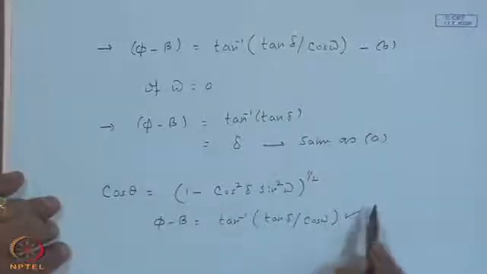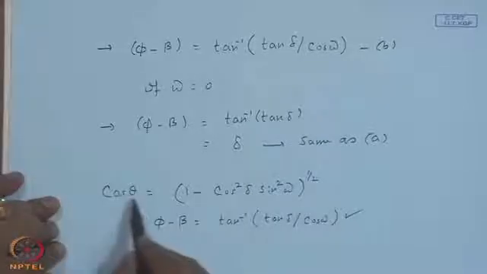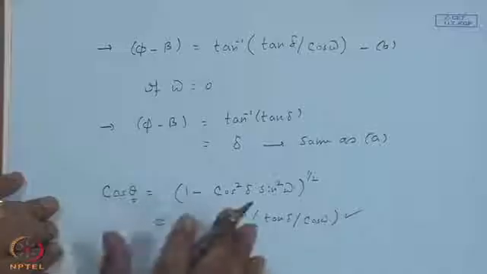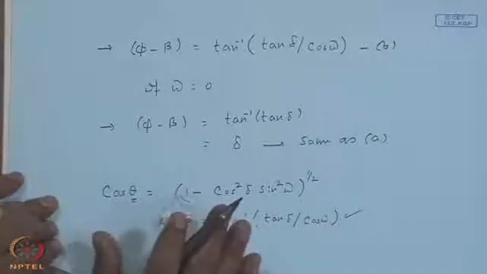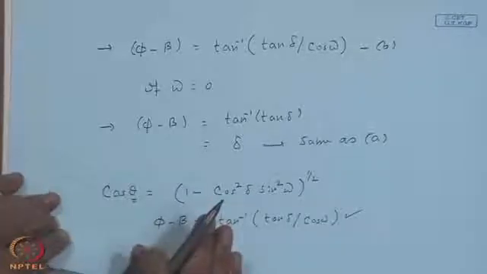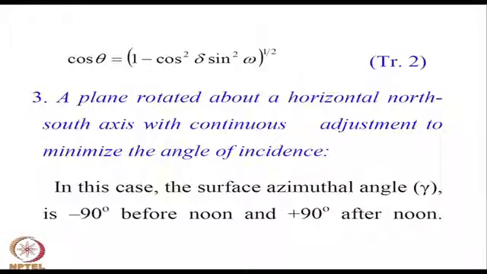will have the angle of incidence being minimum for this mode of tracking, where an aperture plane with a horizontal east-west axis is rotated about the east-west axis such that theta is minimum. In other words, it swivels around the east-west axis such that beta is adjusted with this equation and your theta is a minimum. Theta will be 0 only at noon time, but theta will not be 0 at other times for this mode of tracking. This is also a single axis tracking mode. So, we come to the third tracking mode, which is